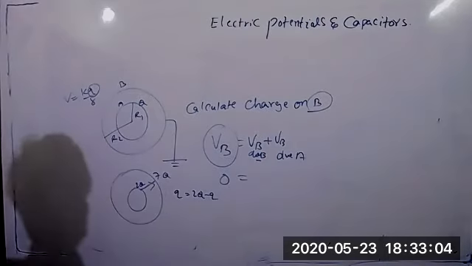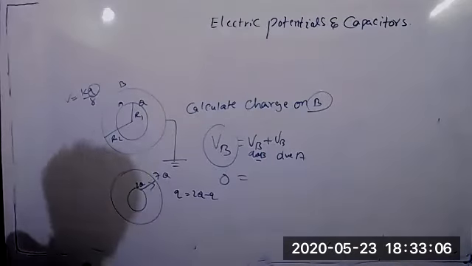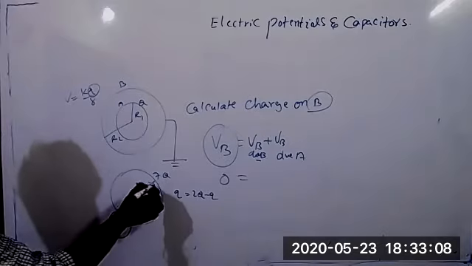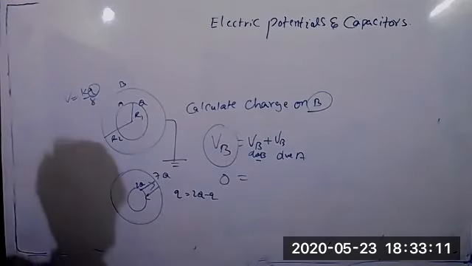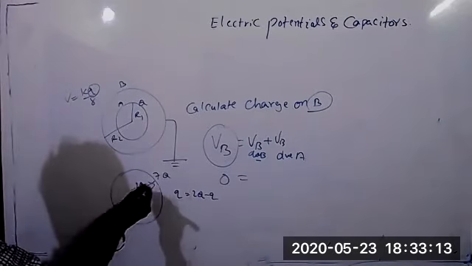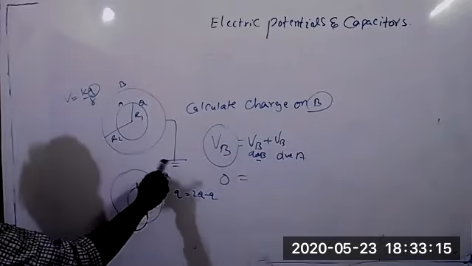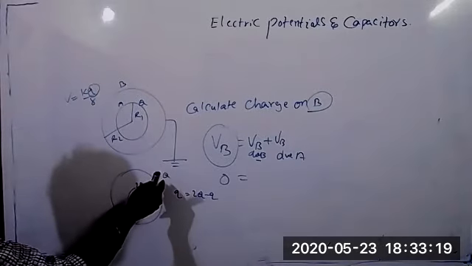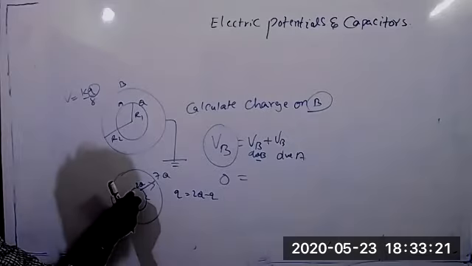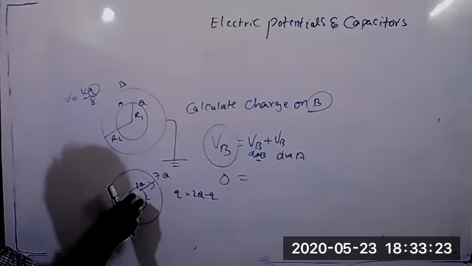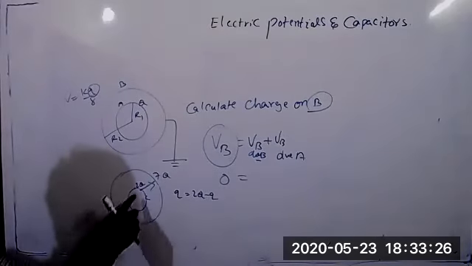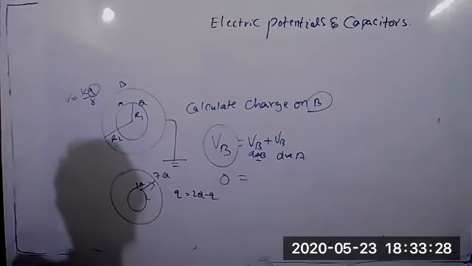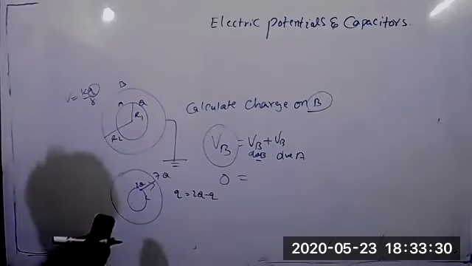Remember, charges always try to stay on the surface. So charges cannot come inside. So that is the reason charges will come from the inner shell to the outer. Charges will try to stay on the outer surface. Whatever you place inside, those charges will come out. So charge flows from 2Q to 7Q. Remember, that model also we discussed once.